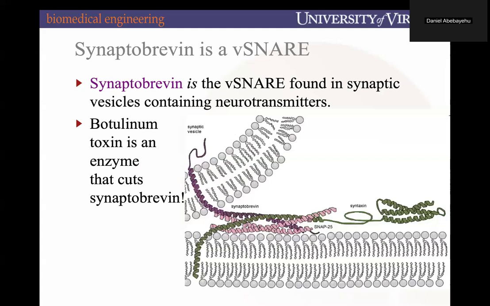So the really important vesicles that contain neurotransmitters, the V snare that we're going to focus on is synaptobrevin, and the botulinum toxin that comes from that Clostridium botulinum bacterium is an enzyme that targets synaptobrevin. It cuts it and inactivates it. So what ends up happening